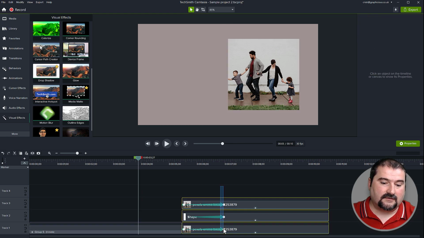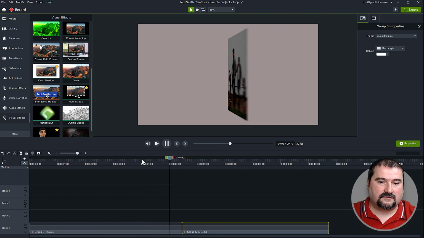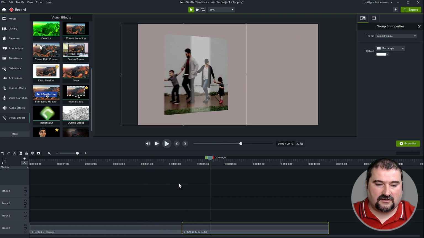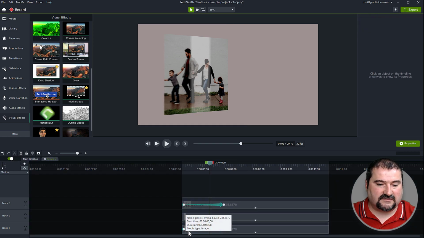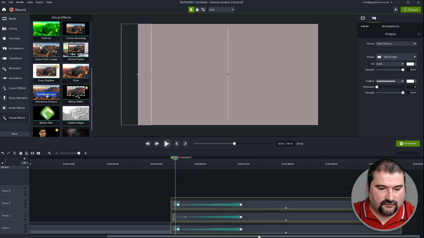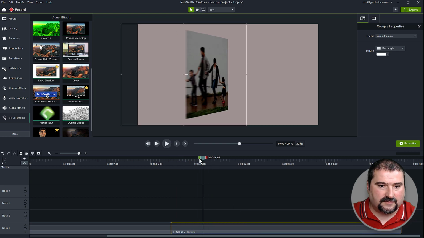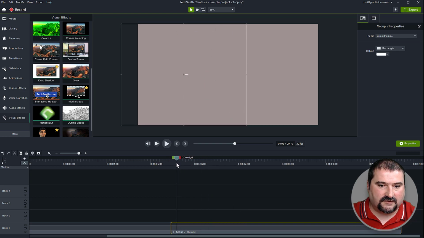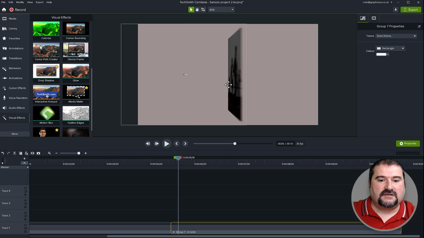So group again, there it is. See how stupid this is? It just messes everything up. So again, I have to ungroup, make sure everything's animated properly, and then group it again. And then it becomes, yeah, I think I've just found another bug in Camtasia. You notice that now this is the center of the 3D space, and this is the edge, which means 90 is different. So the solution to this is this.